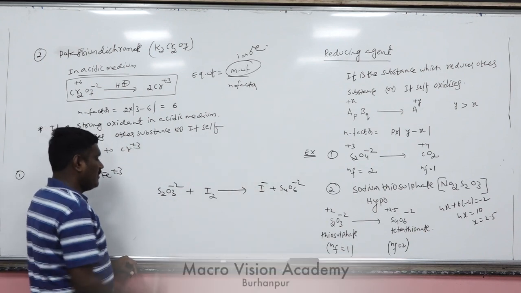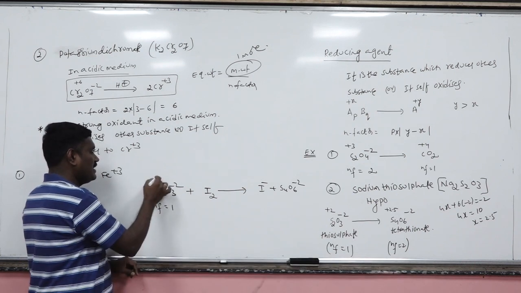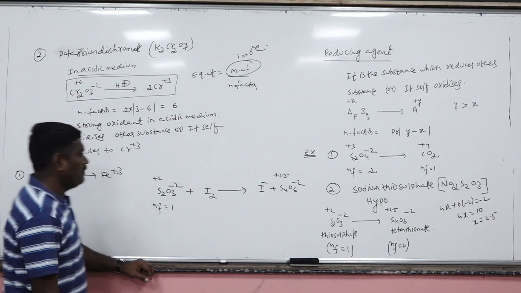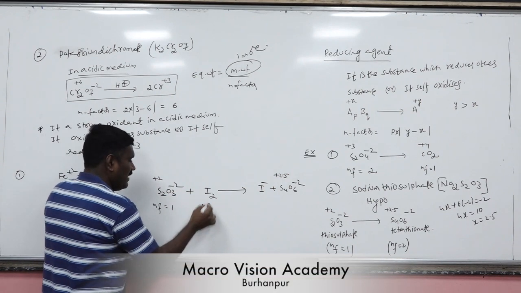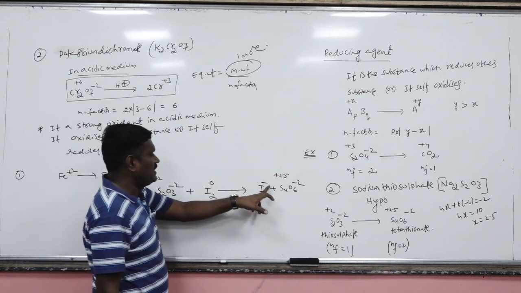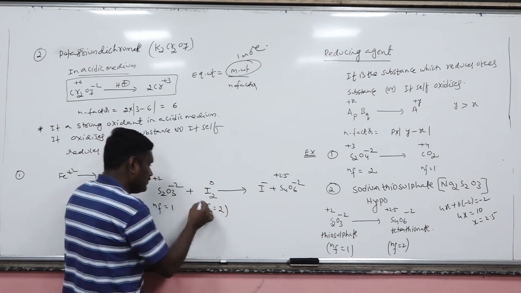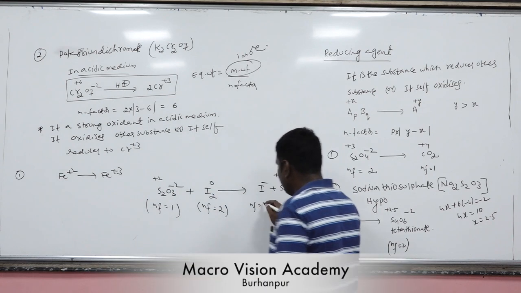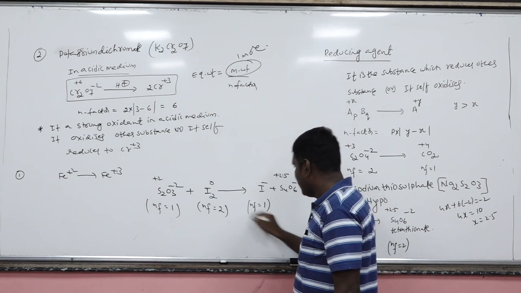Now, what is the N factor here? That will be 1. How? Oxidation number +2 changes to 2.5, change will be 0.5 per atom, 2 atoms, 0.5 into 2, that is 1. What is the N factor for iodine? Elementary state, oxidation state is 0, 0 to -1, change will be 1. But here 2 atoms are there, so 2 into 1, 2. Are you getting my pen? Coming to this side, the N factor: -1 to 0, change will be 1, only 1 is there, so N factor is 1.